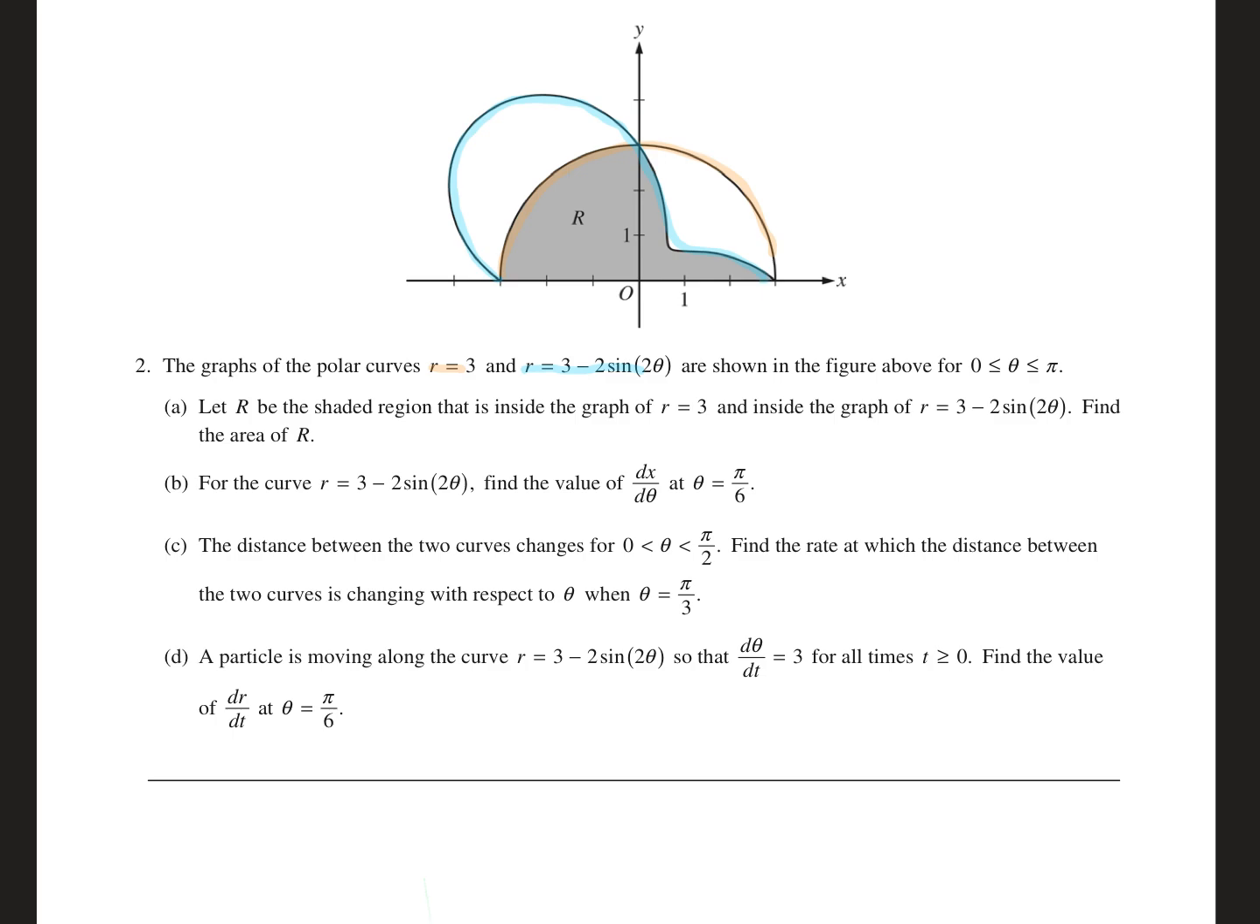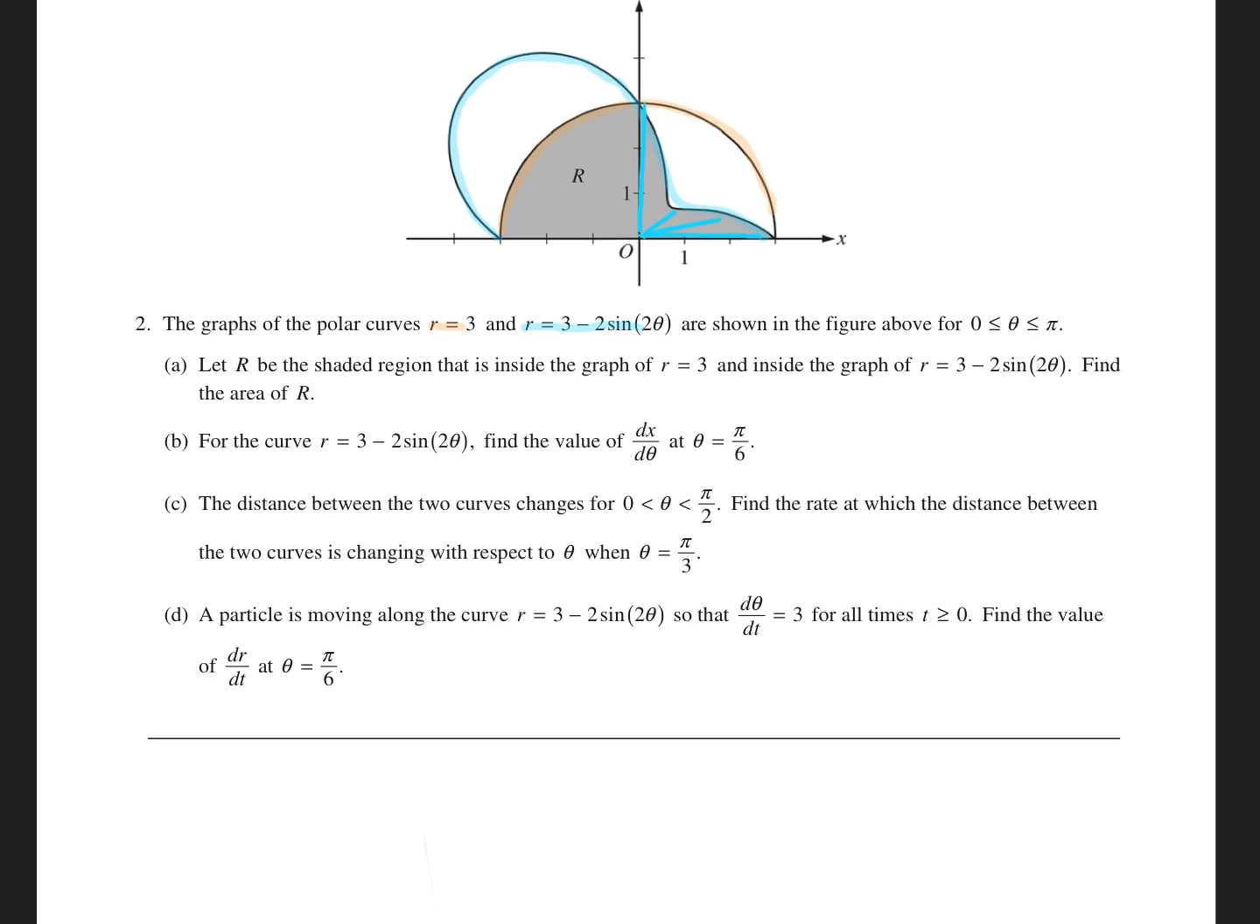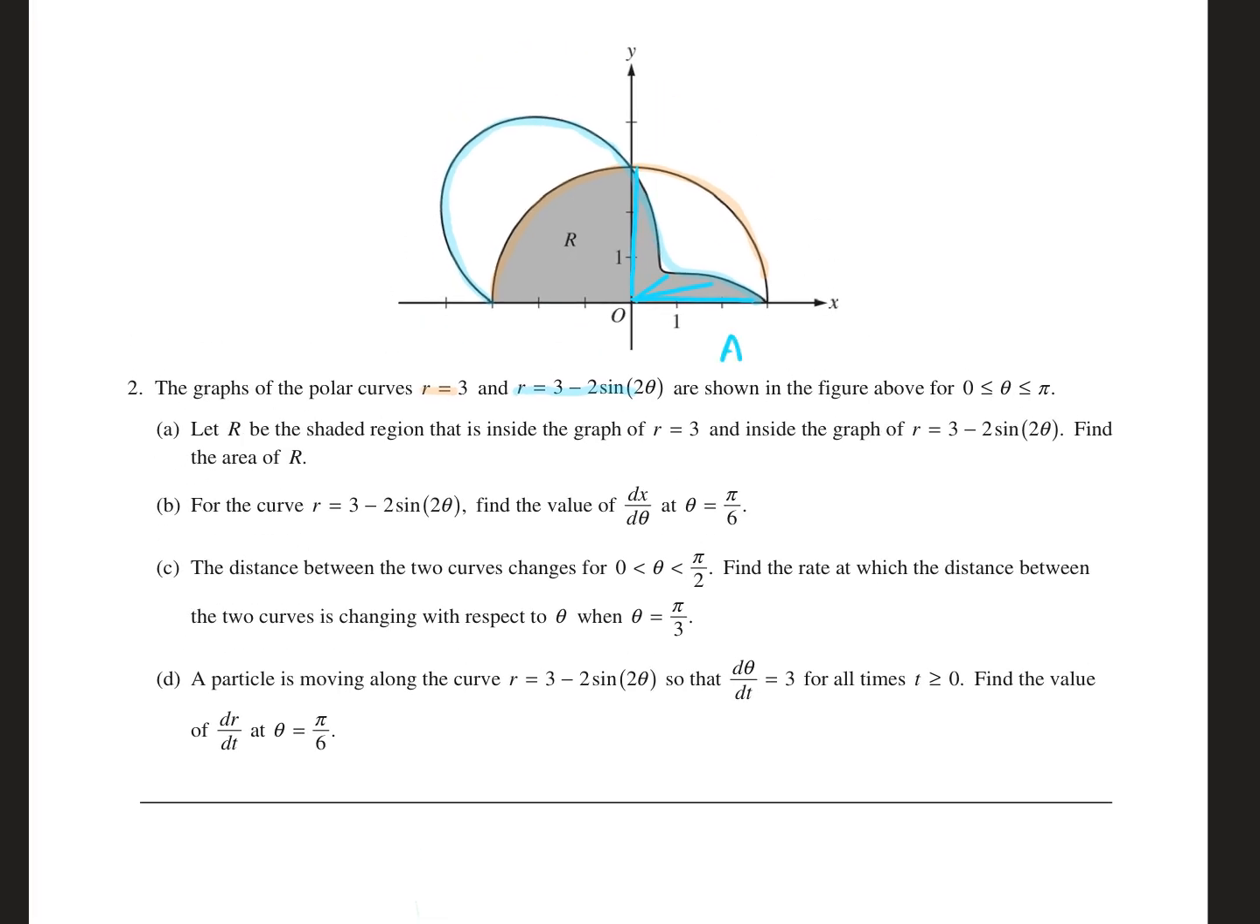So they want us to find the common area. So looking at that, remember you want to cut your theta wedges. So when we first cut our theta wedges, we're going to want to go to the blue graph. And we're going to keep cutting our theta wedges until pi over 2. So the area for that one would be 1/2 the integral from 0 to pi over 2 of (3 minus 2 sine 2 theta)